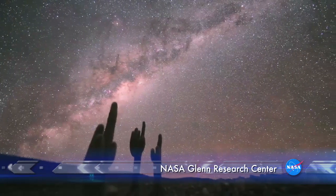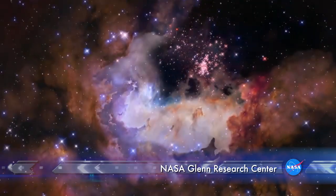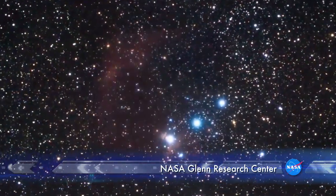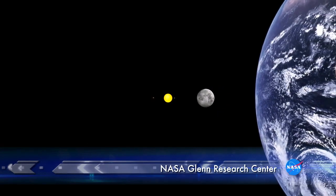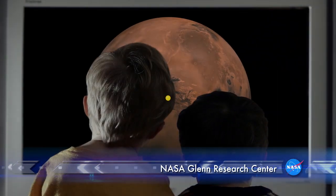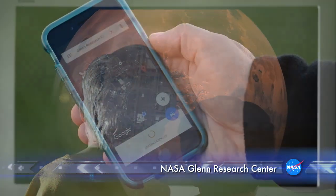We have long gazed at the heavens to find answers for humanity's most perplexing mysteries. What lies beyond the sky? What are the stars made of? What caused Earth and the other planets to condense and form? Searching in space for answers to these big questions has taught us remarkable things that have improved our well-being here